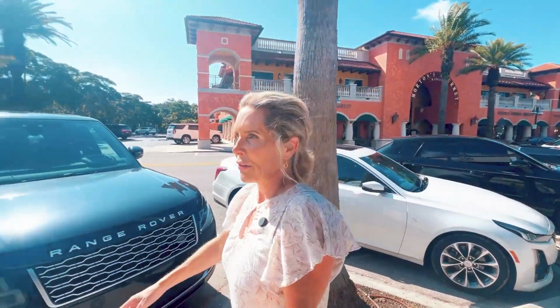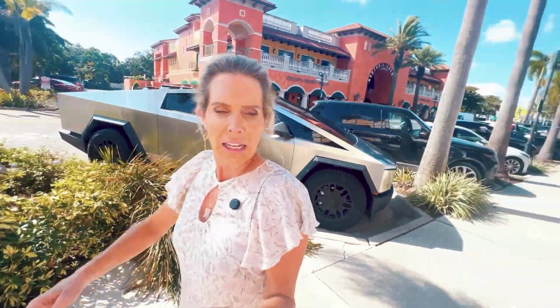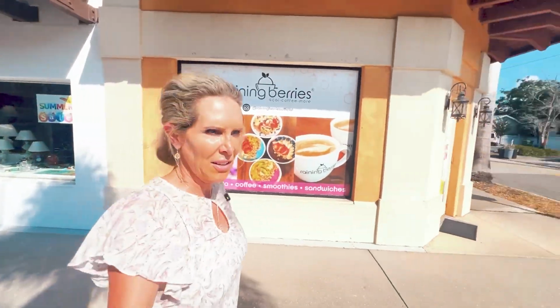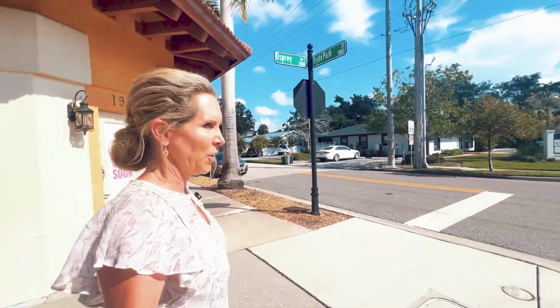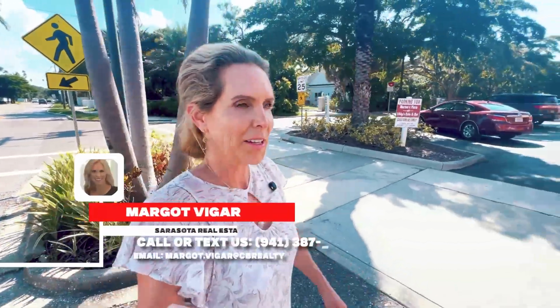And over here we have clothing stores, shops with trinkets, and then right over to South Poinsettia Park, which is the neighborhood right in the Southside Village. There's others. There's Cherokee Park, and lots of choices. So if you want to check out Sarasota, thinking about moving here or buying a second home,